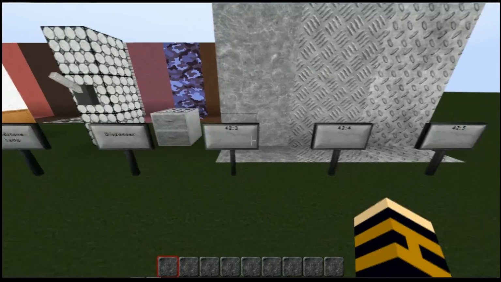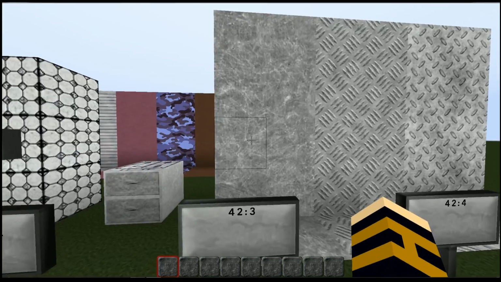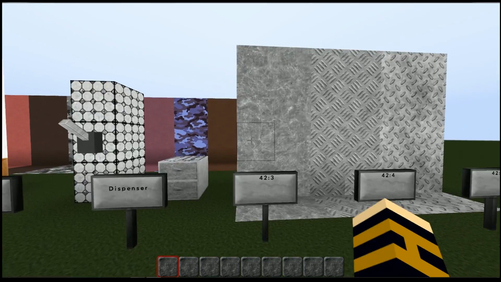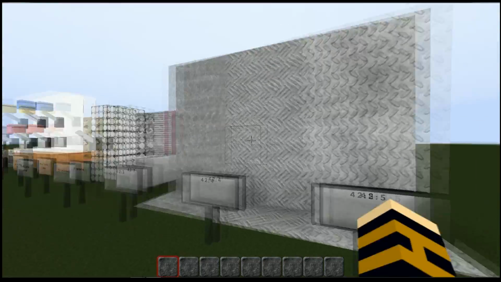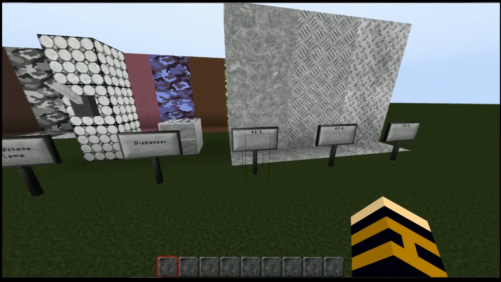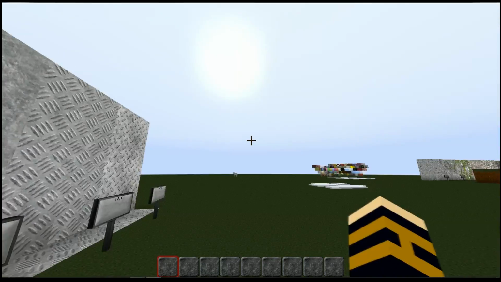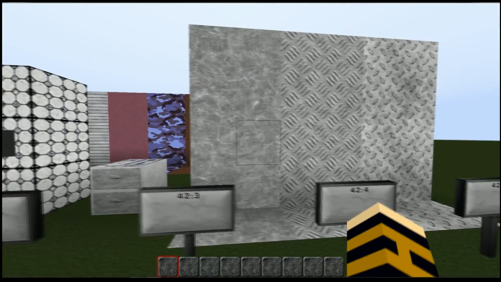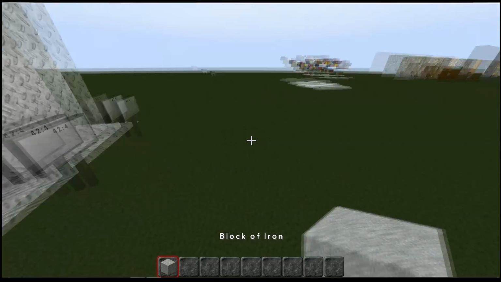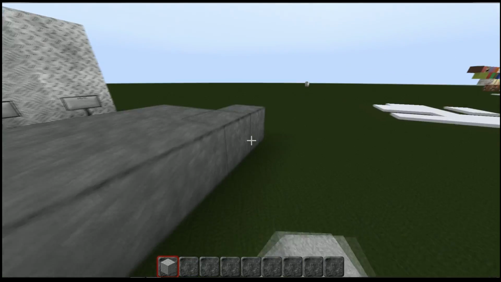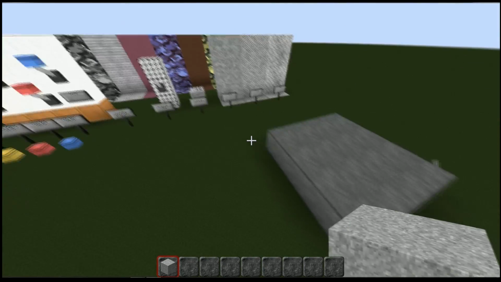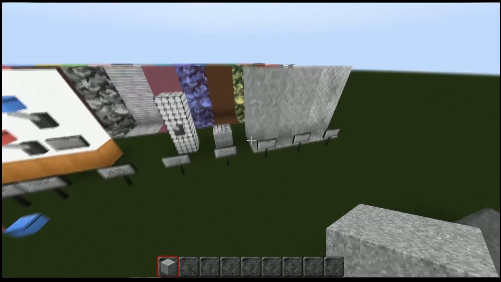Now, I went back with the iron as well, and I've got a couple extra iron ones. So before we had the copper colour, we had some weird bluish one. We had a load of these really strange iron, and I think I just went a little bit nuts. I've gone back, I've wiped those off the face of the earth, and I've gone with some actual metal. So we've got this kind of scratched metal here, and if I just build a little platform so I can actually show you guys. There we go, like that, and if I grab my stick again,